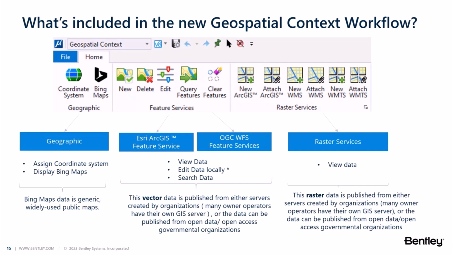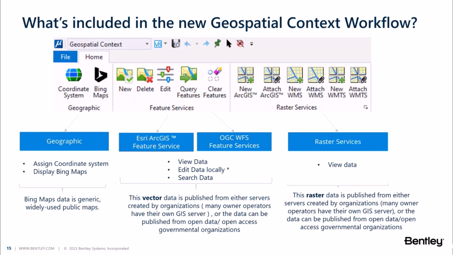We also have in the ribbon the feature services. This is the Esri ArcGIS feature service and the Open Geospatial Consortium OGC web feature service. So you can view data, edit data locally, and search data. This is the vector data. It's published from servers created by organizations. Many owner-operators have their own GIS server, or data can be published from open data or open access or